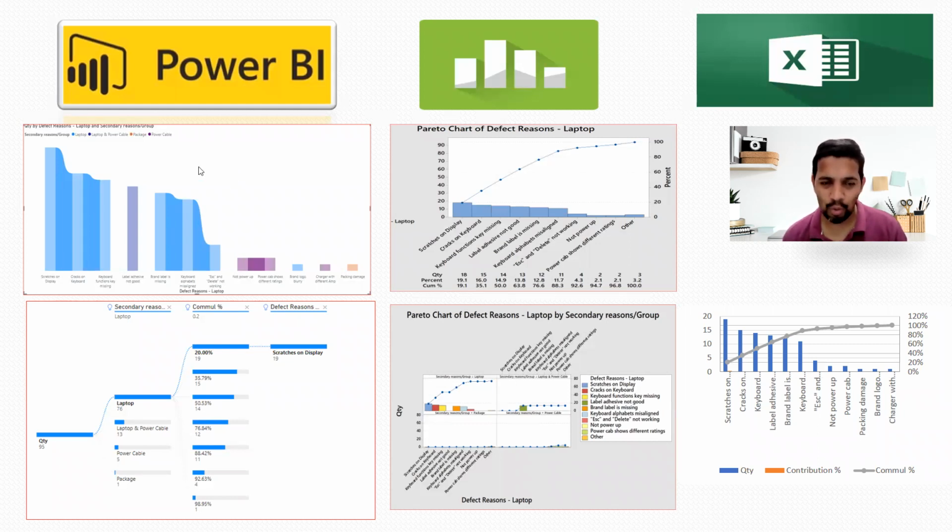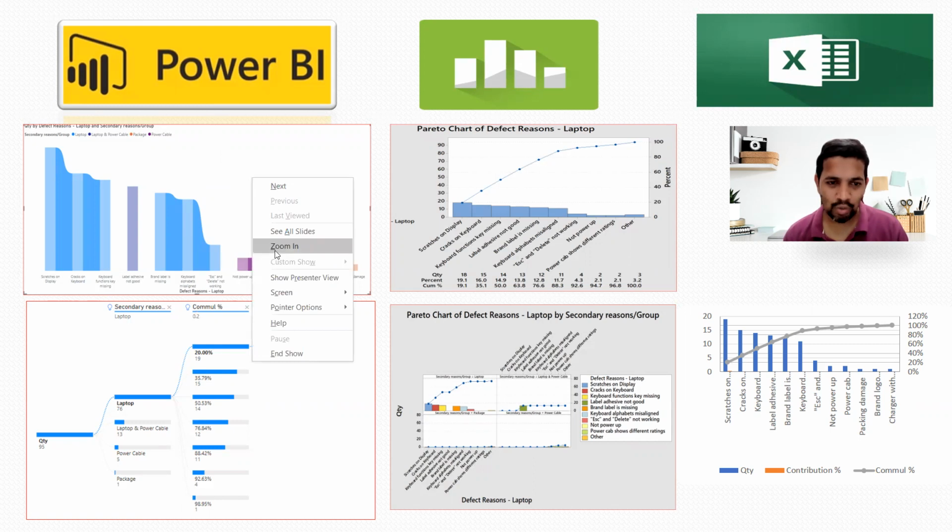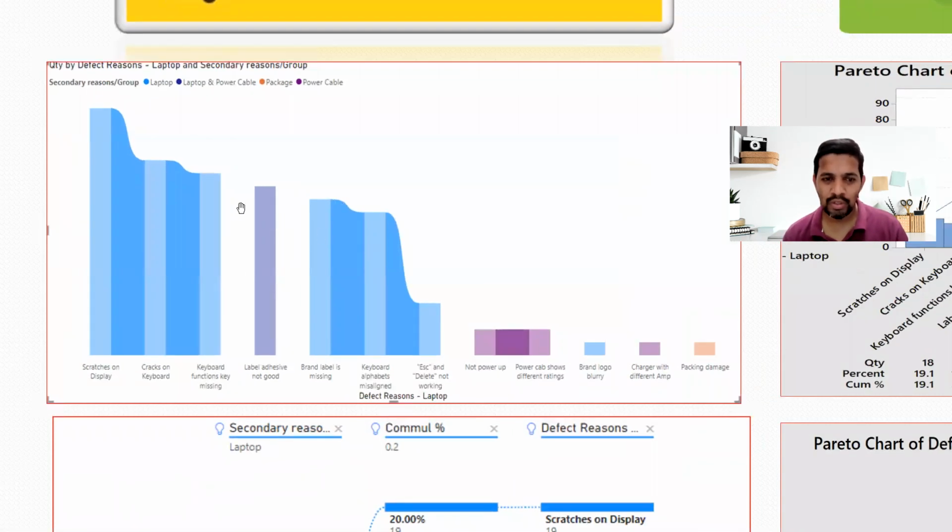This is the output of Power BI. These two are the charts which are done from Power BI, and let's see what the output is. So I'm just zooming a bit. This is called a ribbon chart. So we have a secondary reason called laptop, power package, power cable. It gives it beautifully. For example, in laptop, scratch on display, crack on keyboard, keyboard function not working, key